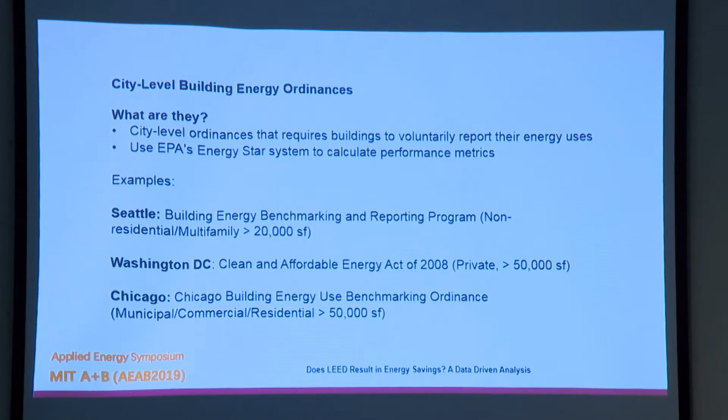Cities have been enacting building energy reporting ordinances, and this provides us with the opportunity to evaluate the effectiveness of the LEED standards. So what are these building energy reporting ordinances? These are city-level ordinances that require buildings to report their energy use, and after the buildings report their energy use, the system uses EPA's Energy Star system to calculate energy efficiency measures such as greenhouse gas emissions or